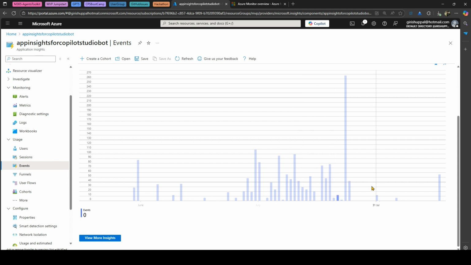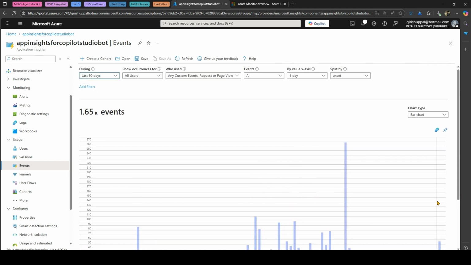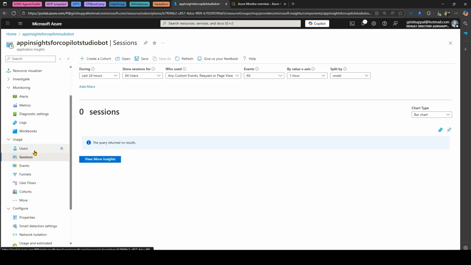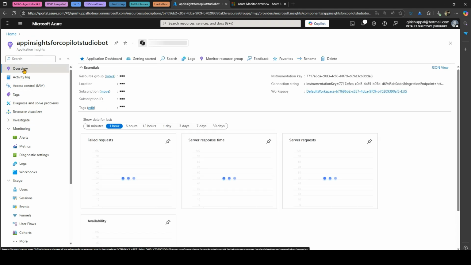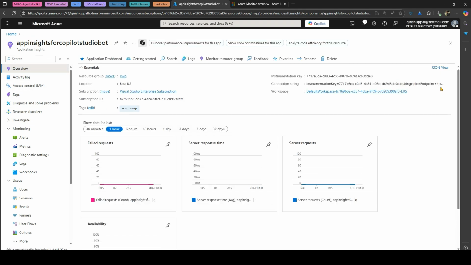And then you can see there are so many events which have taken place. Now, no event has taken place in the recent time. So let's use this application insights. What I'm going to do is go to the overview section, and then maybe I will just copy the connection string. So I'm copying the connection string, and